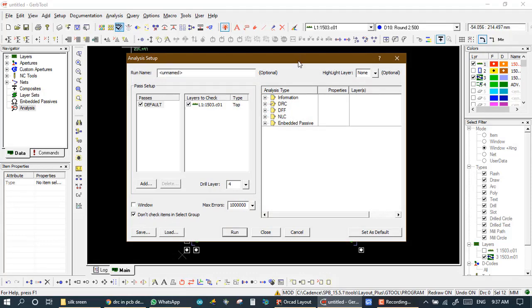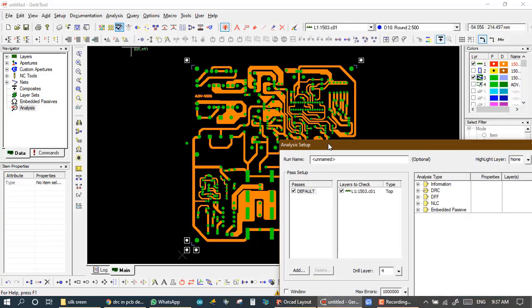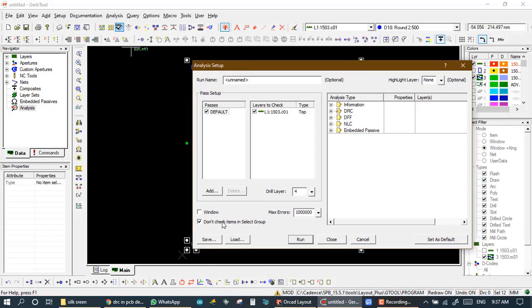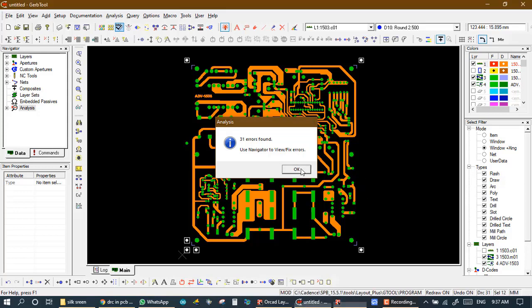Here we make one group, this and this. After turning this on, DRC will not check this group, and we run the fourth time. Here there are still 31 errors. We check once again.